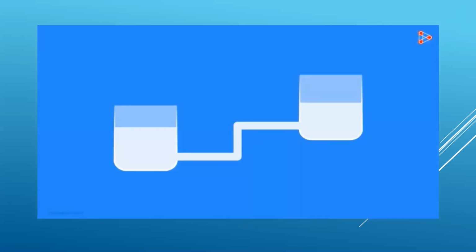Let's look at this situation which we've seen in one of our earlier videos. Two beakers are connected by a pipe and one of the beakers is placed at a height above the other, and the water will flow from this beaker to this one. Now listen to me carefully. If you understand this simple situation well, you will understand Ohm's law too. Just focus for the next 2 minutes and you will master Ohm's law.